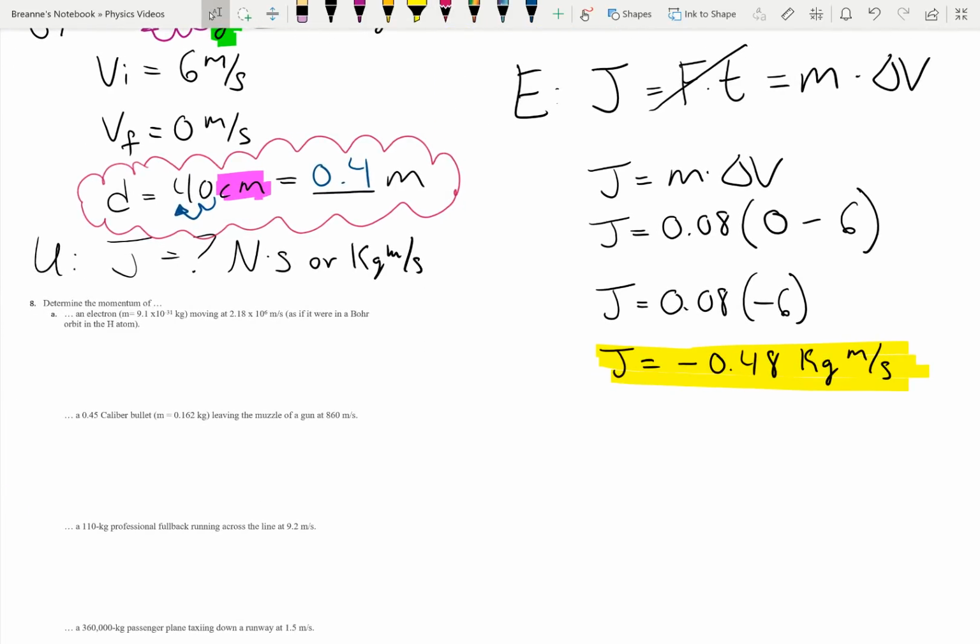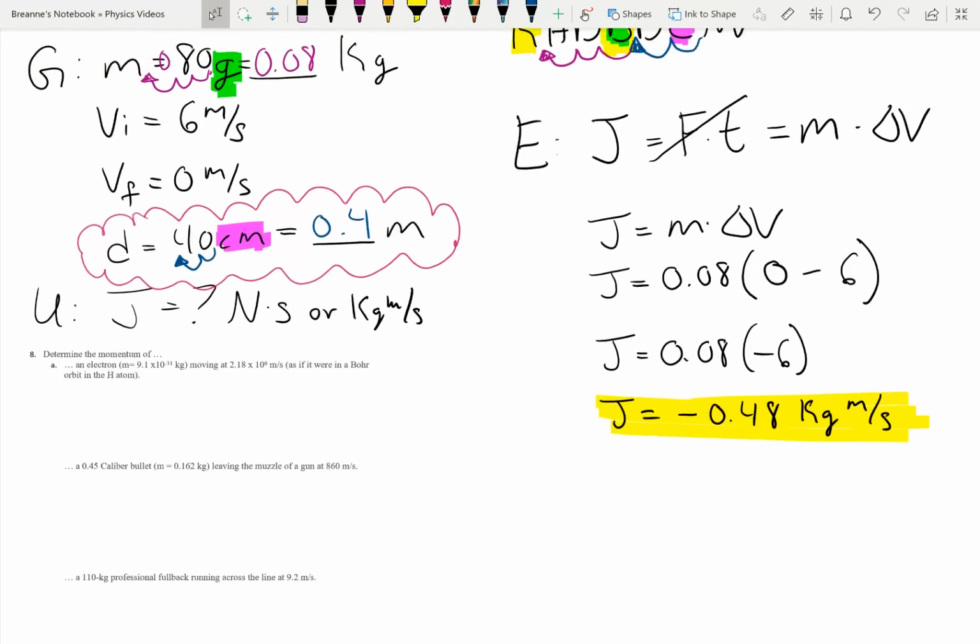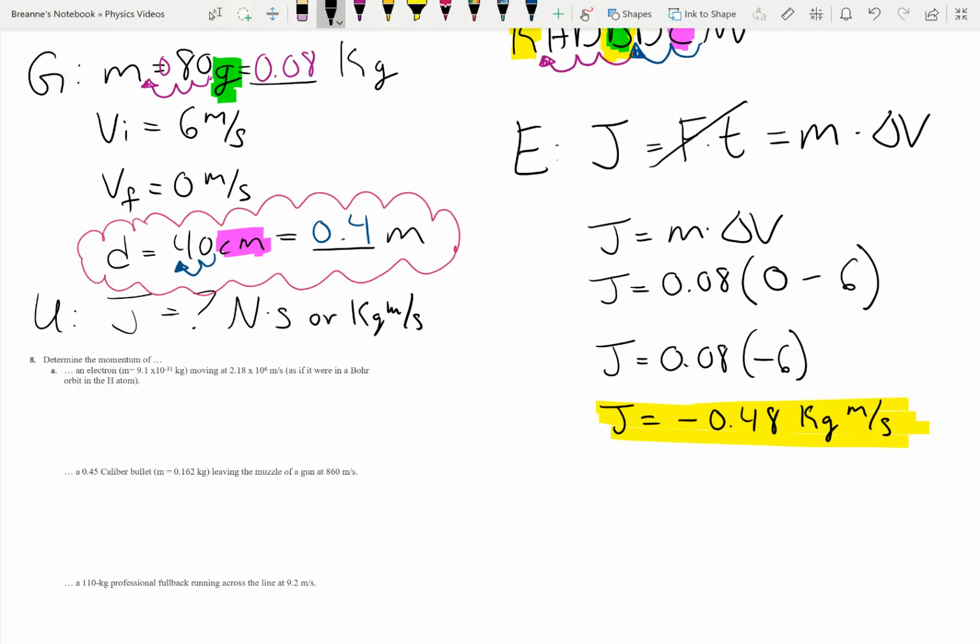Here we go. Determine the momentum of, and it gives you a couple of things we have to do. Our equation for momentum is mass times velocity. It says the electron has a mass of that, and it moves that many meters per second. So that is our mass, that is our velocity. I'm not going to write down givens and unknown for each one because they'll be the same. So we can just plug in 9.1 times 10 to the -31 times